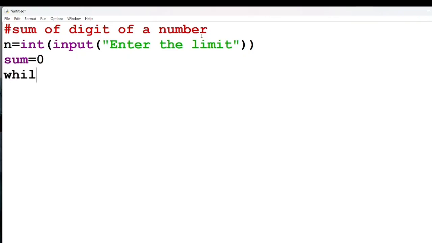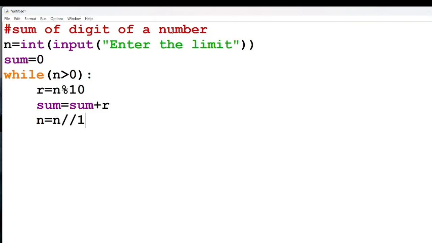Now while n greater than 0, then r equal to n mod 10. Sum of digits of a number means now sum equal to sum plus the remainder part, that is r. Now n equal to n floor division 10. So finally print